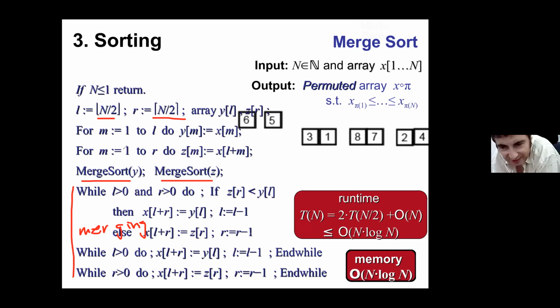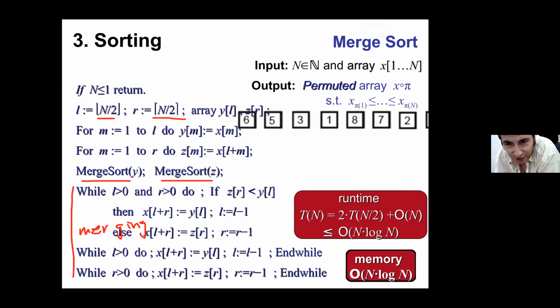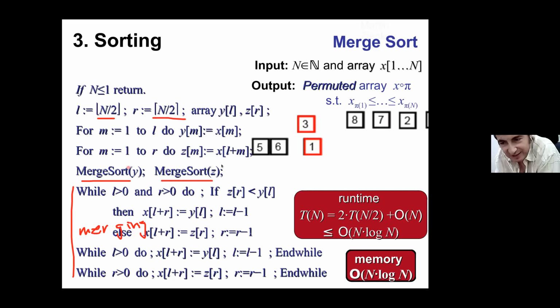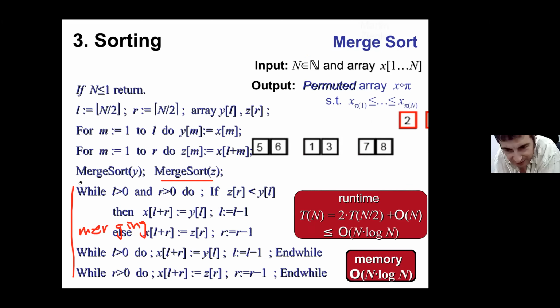One reason is that when you split the array X into a left and right half, you do not know whether everything on the left is less than everything on the right. This is why you need to do this merging. So this was the problem, and now we said that there is a way to fix it